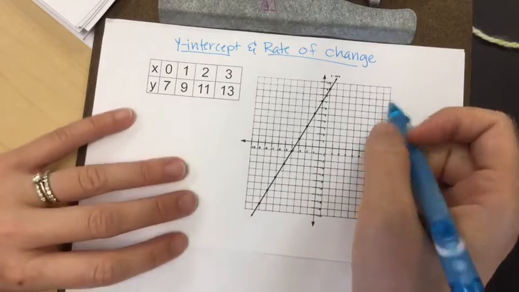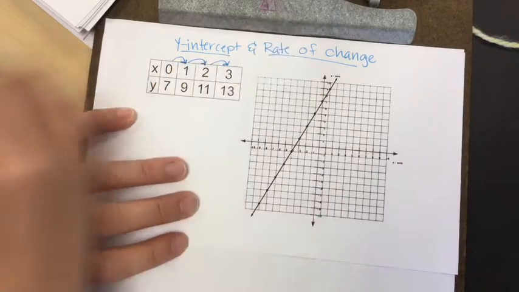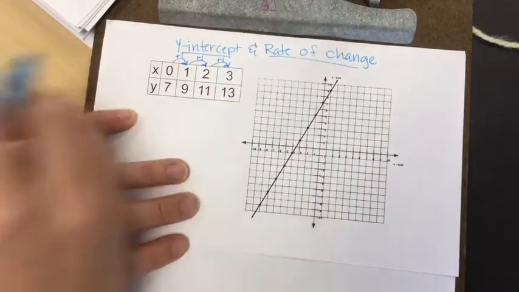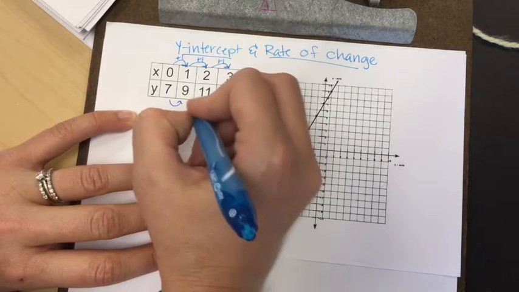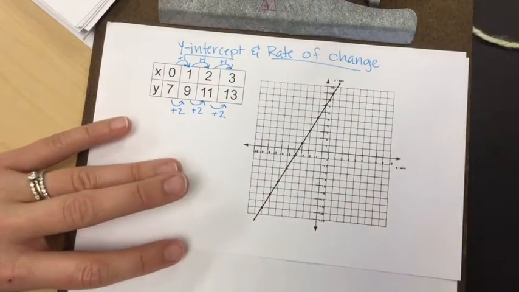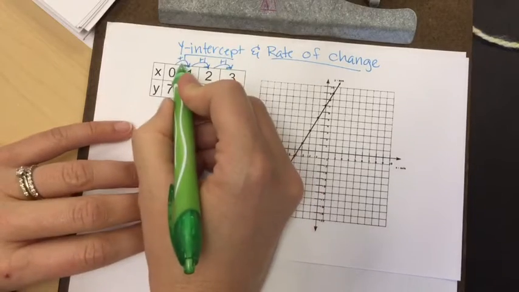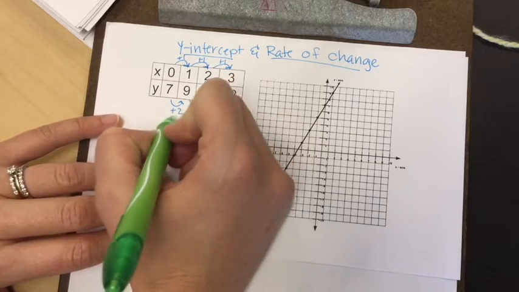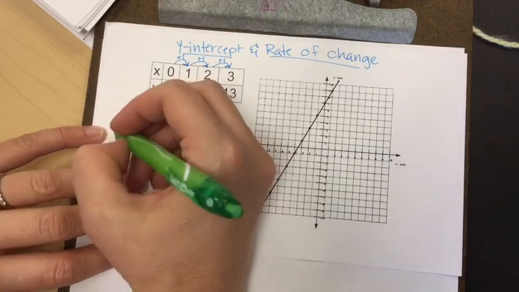You can see here that in this table, the x variable, the independent variable, is going up by the same number. It's increasing by 1 each time. Now, when that happens, you can see the dependent variable, or the y, is increasing by 2 each time. So, as long as the x variable is increasing by 1, then you can use this number here, our 2, to talk about that being your rate of change. The rate of change